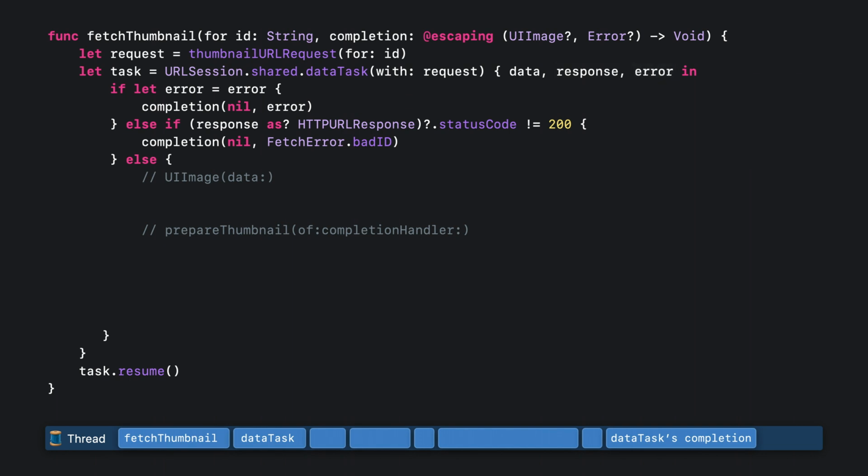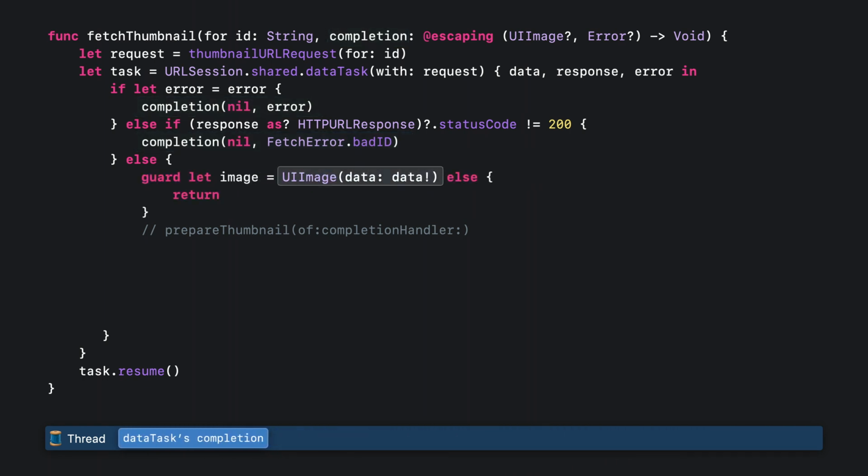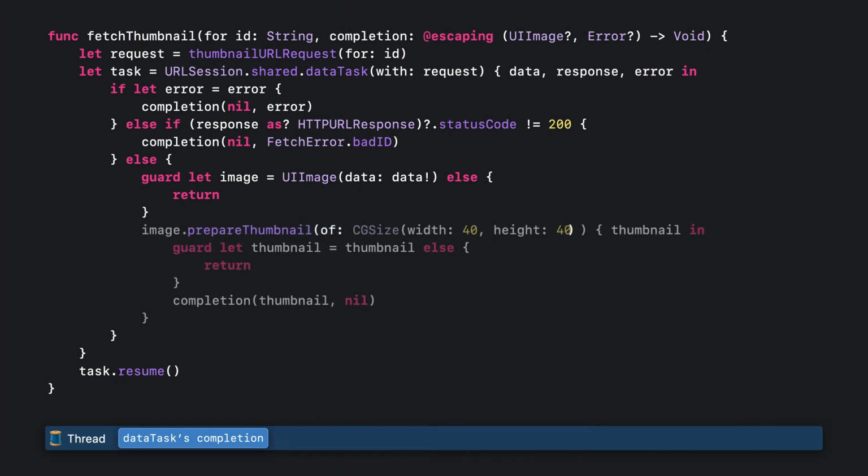If something does go wrong, then we need to invoke the completion handler and pass the error along. If everything worked out, then we create an image from the data using UIImage's initWithData. Because it's synchronous, we get to write normal, straight-line code to handle the results. If no image is produced, we're done. And if an image was produced, then finally we call UIKit's method prepareThumbnail on it and pass a completion handler. While its work completes, the thread is unblocked and freed up to do other work.